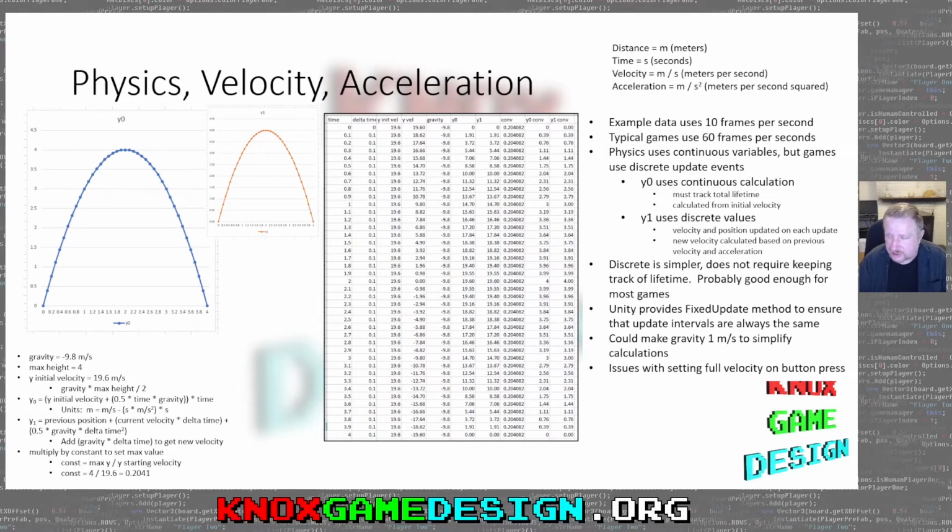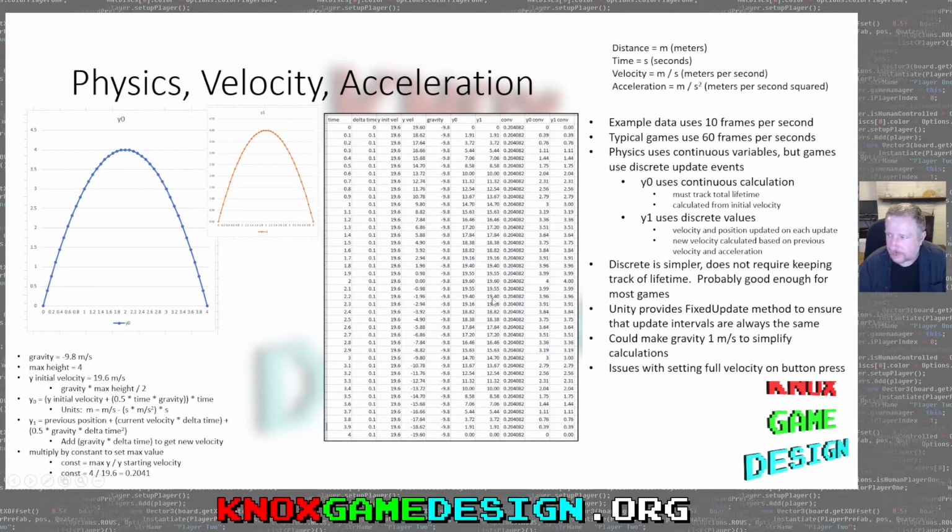But with this, you just take the previous value and can calculate the next value based on delta time and the velocity and the acceleration or deceleration, which is your gravity. So I have that right here. Add gravity times delta time to get new velocity. And then that will give you a curve, which I have in this table right here. It will actually go from 0 to 2 times the acceleration in height. So they'll go from 0 to